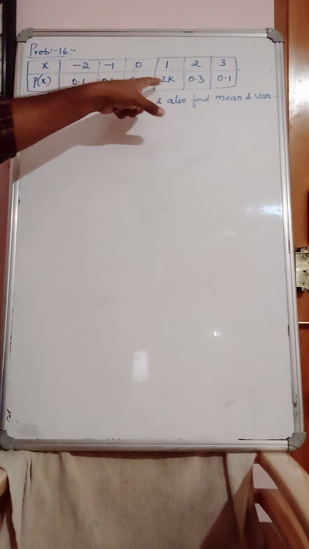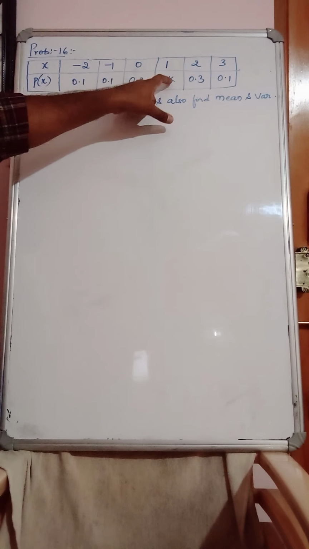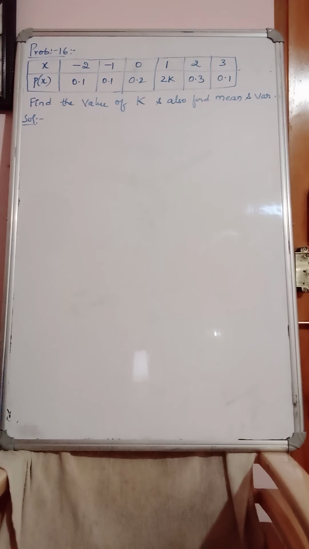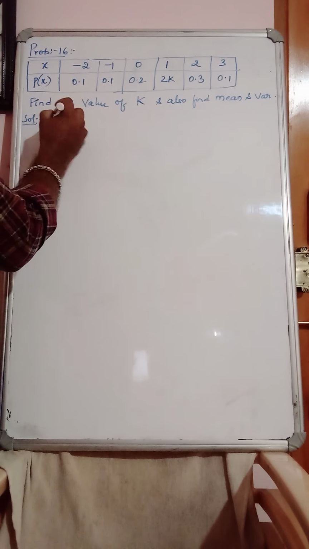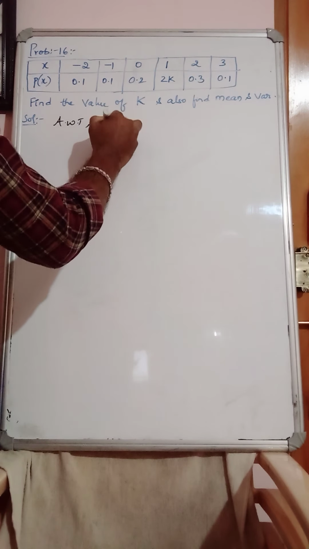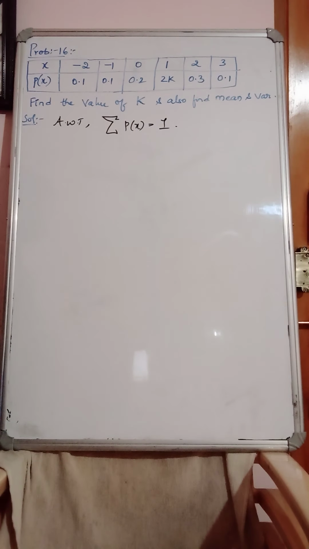Clearly, if you observe, 2k is given for the real value 1, right? Have you all observed? Here it is given 2k, and all the remaining decimal values are given. As you all know, the total probability will always be equal to 1. There is no doubt about it. Now, we need to find this k value. That is what we need to do in this step. Look here. As we know, the sum of the probability of x is always equal to 1, the total probability.